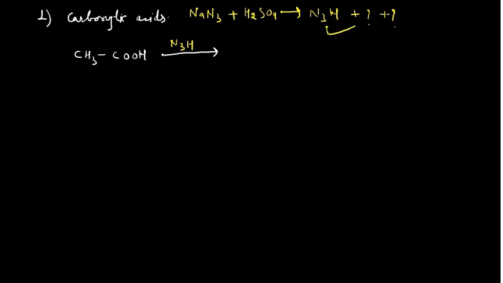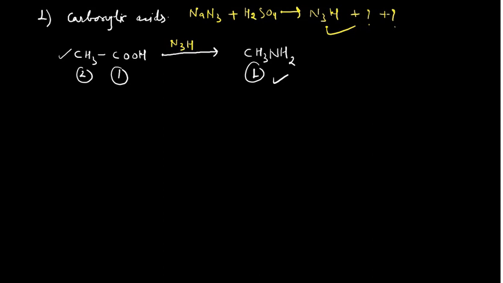So in that case, as I already told you, when you start the reaction with the carboxylic acid, you will have the amine CH3NH2, and other byproducts. I am not going to discuss those. Here you can see 2 carbons in the acid, and in the amine you have only one carbon. That means you are reducing the chain length. So this reaction can be used where you want to reduce the chain length of a compound, descending the series, because during this Schmidt reaction, when you start with acetic acid, you lose one carbon atom. I hope there is no problem in that.